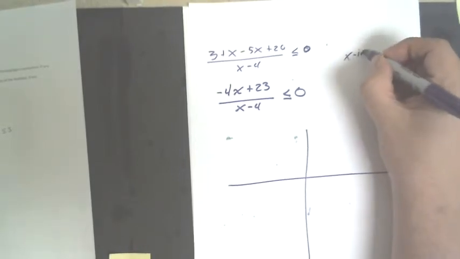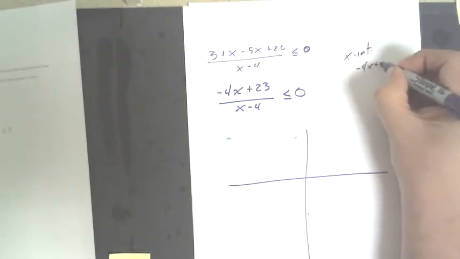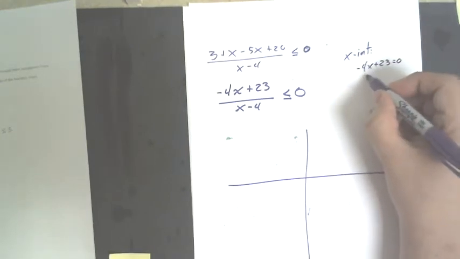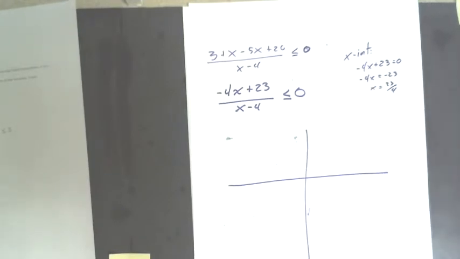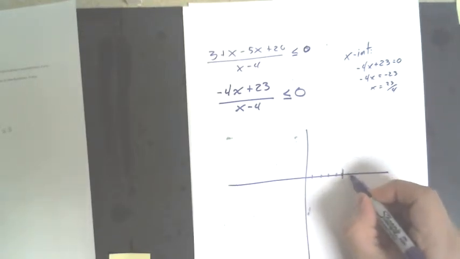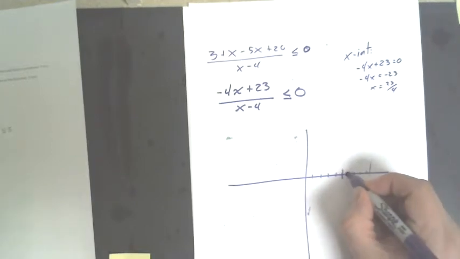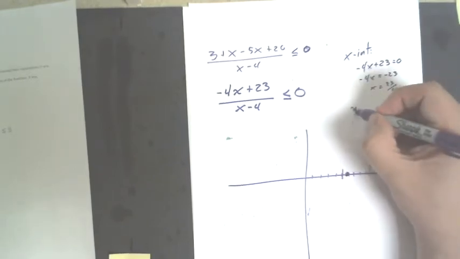Again, it has x-intercepts where the numerator is 0. Negative 4x plus 23, where is that equal to 0? That's equal to 0 at, what, negative 4x equals negative 23, so x equals 23 fourths. 23 fourths is almost 6. So 1, 2, 3, 4, 5, 6. So x-intercept right there. It's got a y-intercept